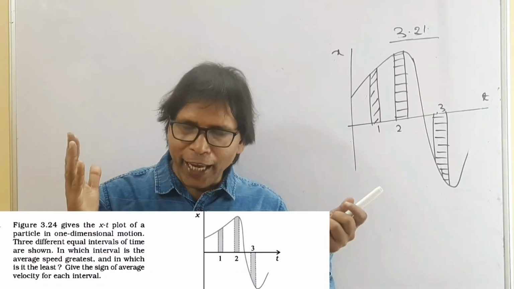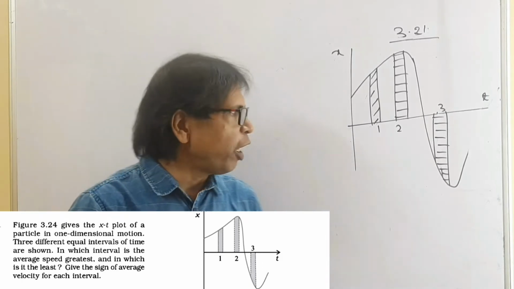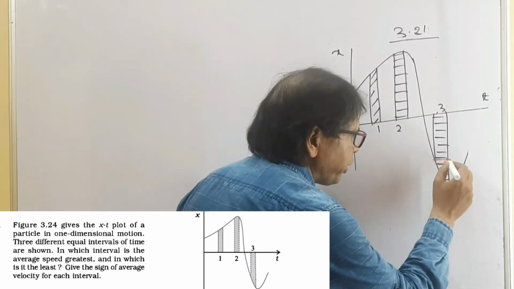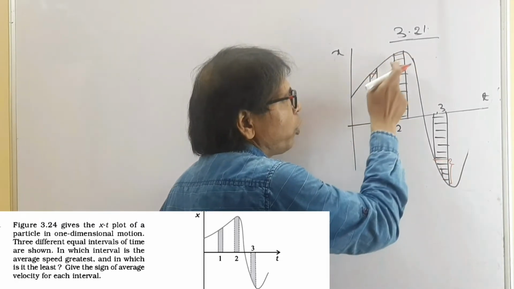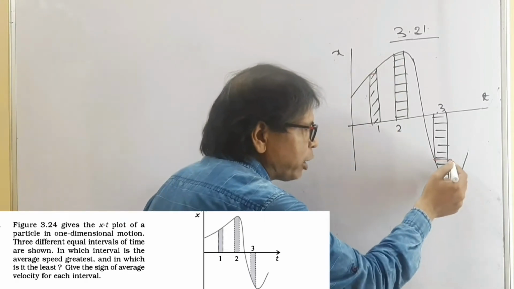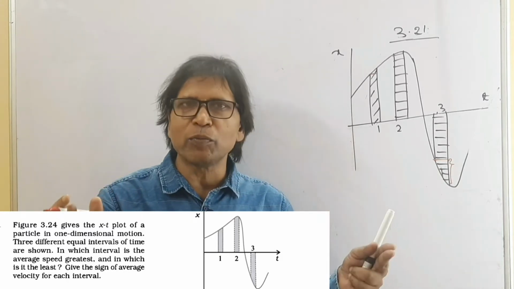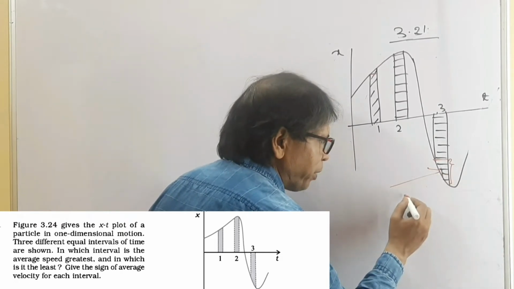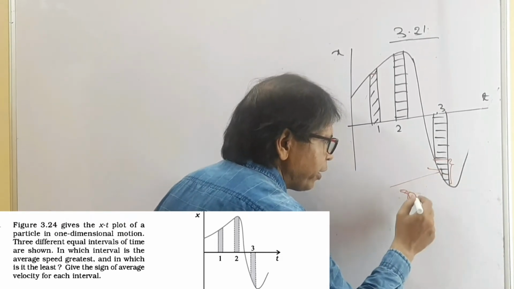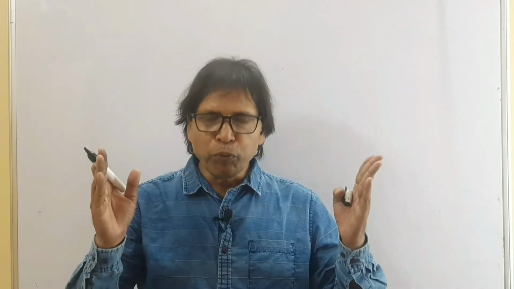Understood? Look at this, this is the x-t graph. We have to calculate the maximum average velocity. Here the change of position is more, here the change of position is least, and here the change of position is more than this. Look at this, here the displacement is more, the change of position, that is the distance, is more. The time interval is the same, so it has the greatest speed. Okay, now proof of the equations of motion mathematically.